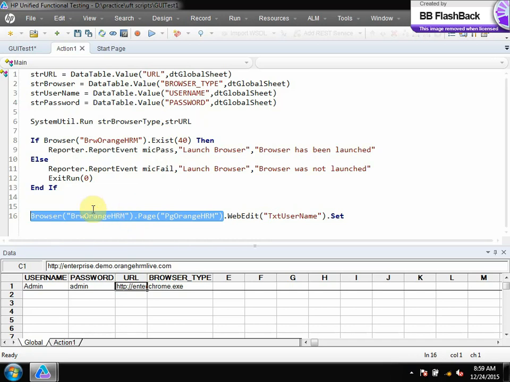For password also, it will be browser dot page dot web edit as password. For the login button again, browser dot page dot login button. Then for the remaining steps, to validate the welcome link, browser dot page dot link. Almost I need to rewrite the same browser and same page object for every line. So instead of making your line very lengthy every time, what you can do is take that object